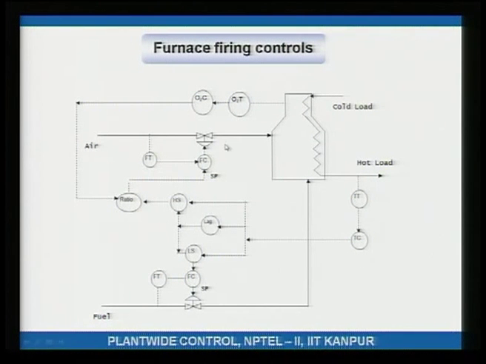So, you are putting in air and fuel. The fuel burns in the presence of air, therefore, the tubes are really hot. Okay. The cold process stream that is flowing through the tubes gains heat through those hot tubes, becomes hotter and flows out, right. So, this is cold in, this is hot out. Okay. So, this is the process stream that is being heated. Cold stream comes in, flows through the extremely hot tubes, becomes hot and goes out.